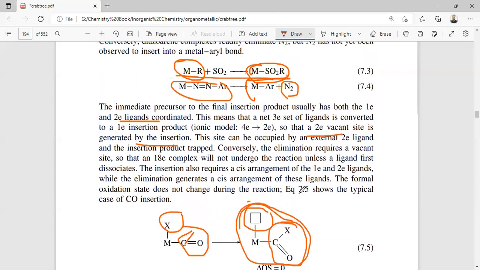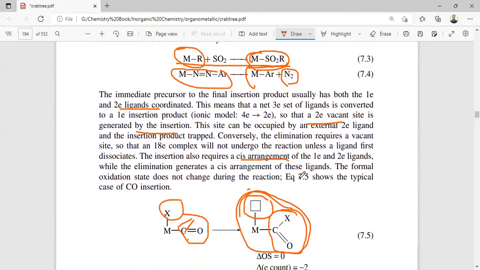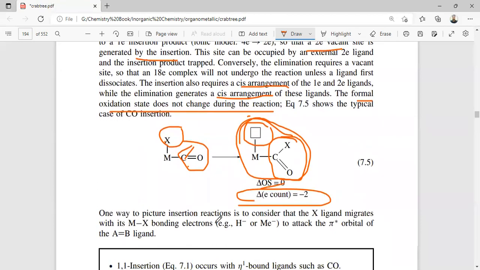That means in both cases, the insertion reaction will happen only when X and L type ligands are in the cis arrangement, and the elimination reaction will also happen when these two ligands are in the cis arrangement. During the elimination reaction the oxidation state change is 0 and the electron count change is -2. One way to picture the insertion reaction is to consider the X ligand migrating with its M-X bonding electrons